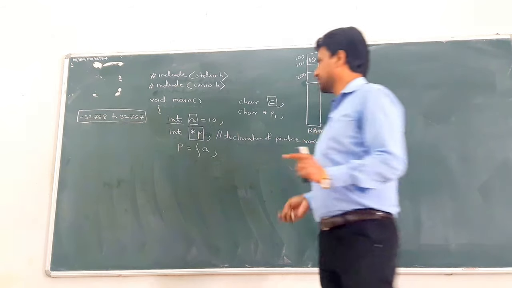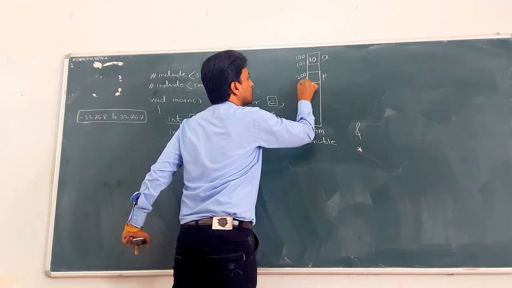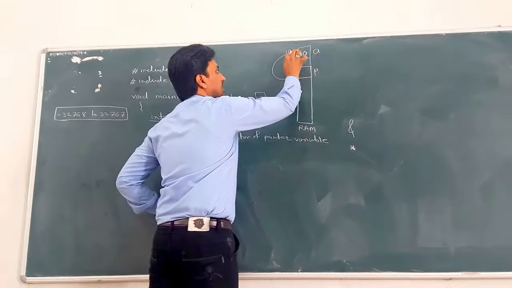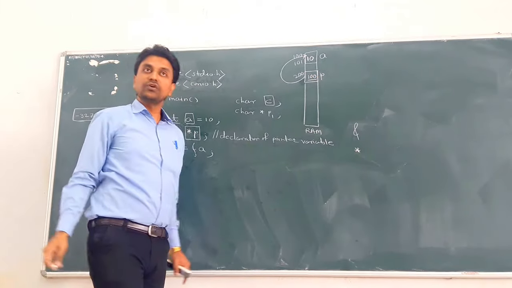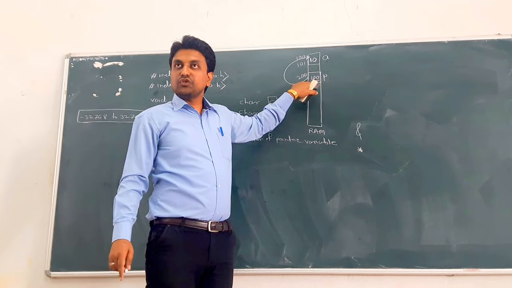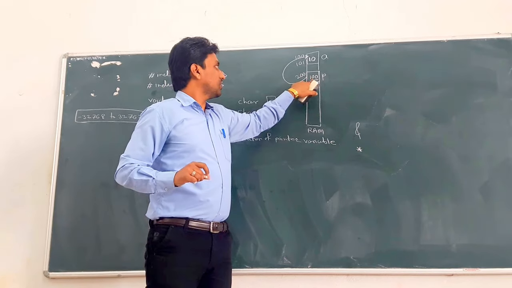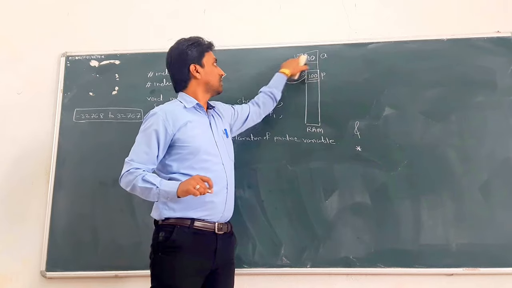Understood the meaning? Next. So, pointer p stores what? It stores the address of a. What is the base address of a? The base address of a is 100. So, inside p, what is the value? p is pointer type. What value does it store? It stores an address type of value. Understood? This is not the actual value. It is the address of a.